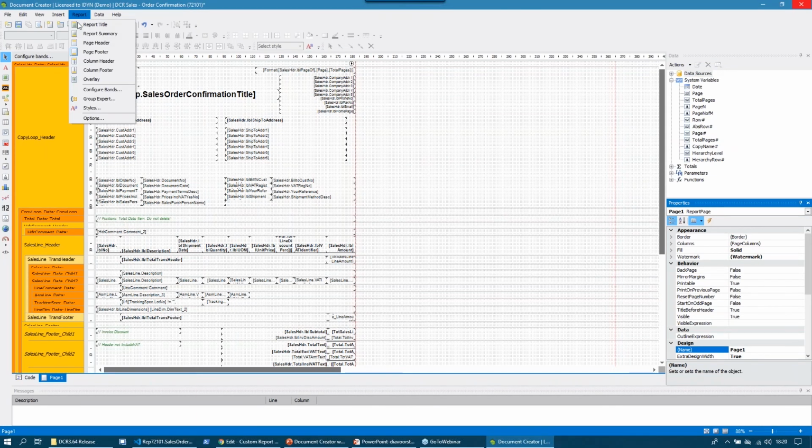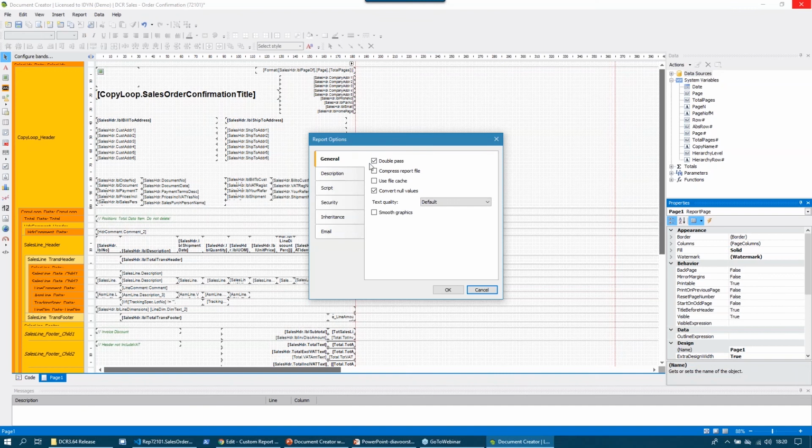So if you look at the report properties up here, you can see the double pass Boolean being activated. That means that the data is basically processed twice, once to prepare and to count and to calculate, and then the second run is to actually print using the specified report structure. So therefore it gives you the powers to, for example, start with an invoice total where the first line has not even been printed yet. So in that respect, it gives you